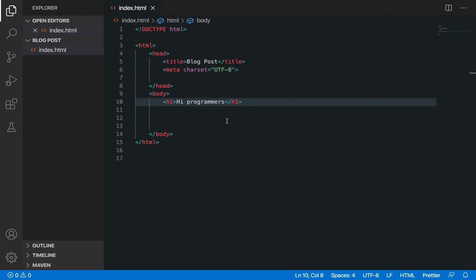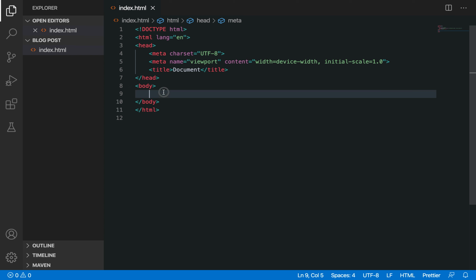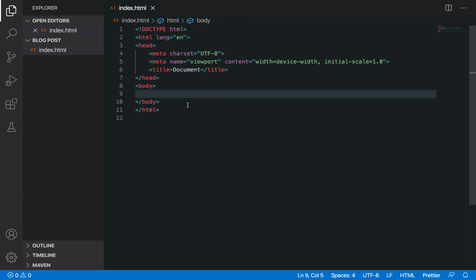Now after this, let me tell you a short trick and I'm sure you will love it. I'm just going to delete all of this, just cut this. And now I will write this exclamation mark and press enter, and see, like magic, everything that we have just written appears. So this is known as HTML boilerplate. You can write all of that code like this: doctype HTML, then this html, this body tag, this head tag, and inside head you have already written this meta tag.